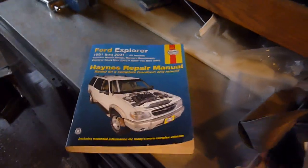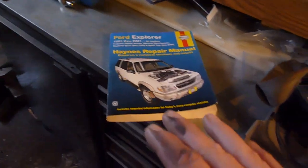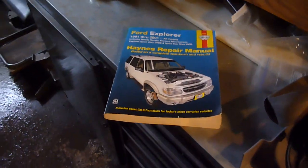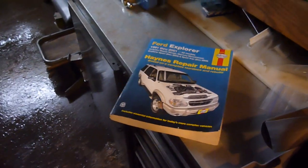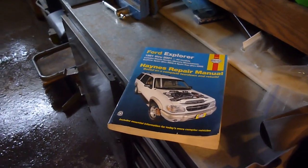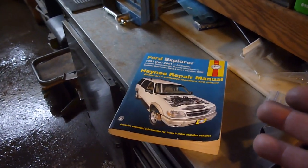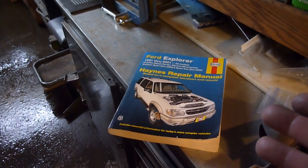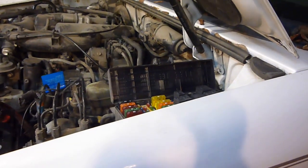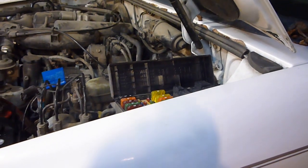If you can get a Chilton, go for Chilton. For some reason, I can't get a Chilton for a lot of the rigs I own. I don't know what the deal is, but they don't seem to make them anymore for all the rigs like they used to. Anyhow, if you were wondering why I don't know which fuse it is, it's because I have an owner's manual that I got out of a wrecked car for this, and the owner's manual is for a limited, or not a limited, because this is a limited,